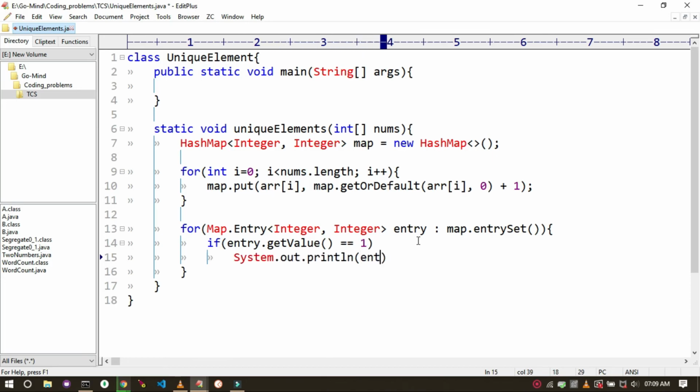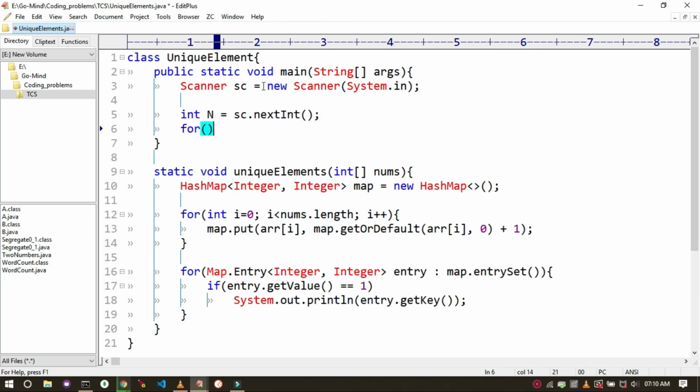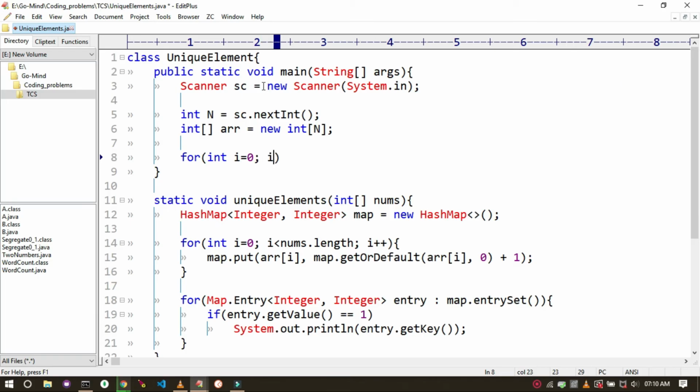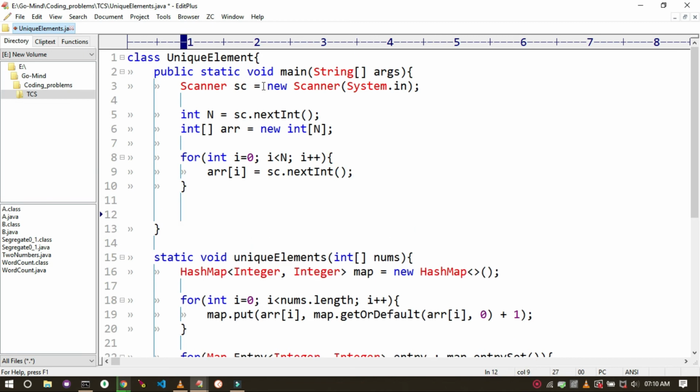Okay. So now taking the input from user, we will use scanner class. First line of input is the size of the array and then the array. Okay. Now we will call the unique elements function.